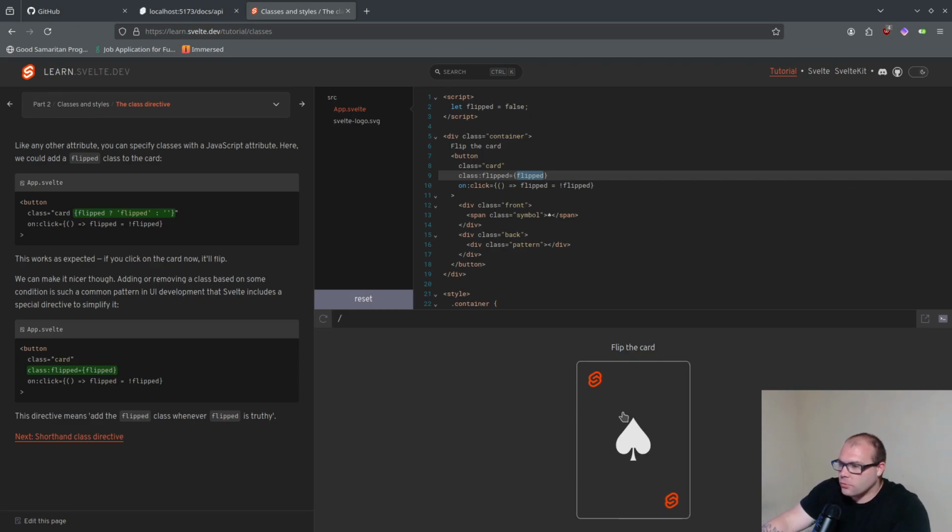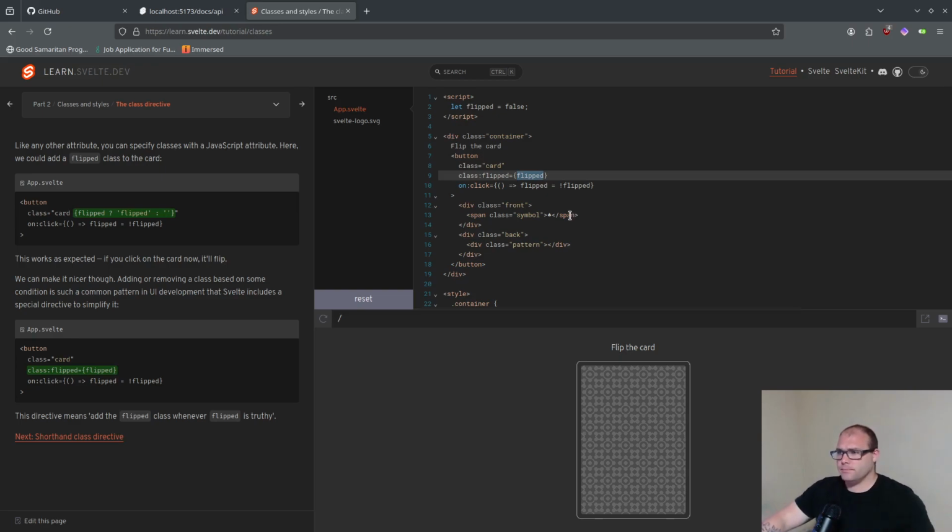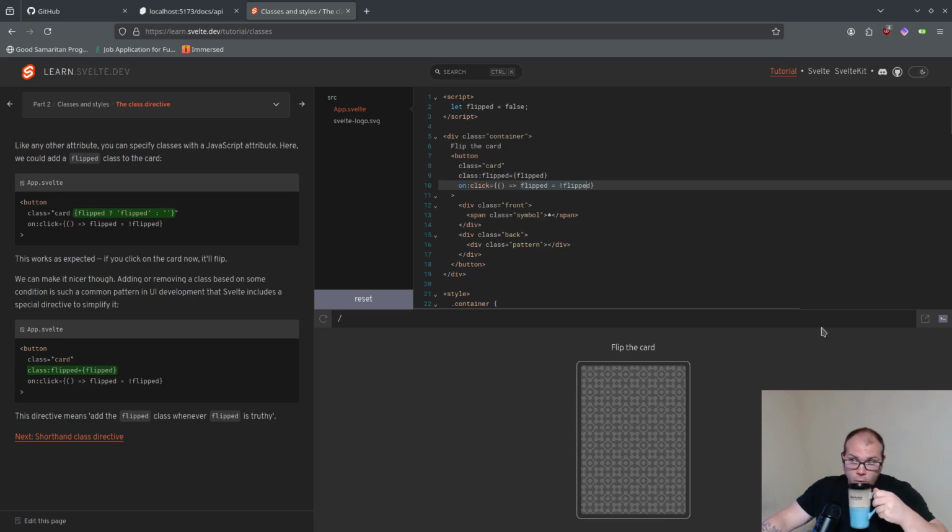That looks like a really cool playing card. I would buy them. But anyway,